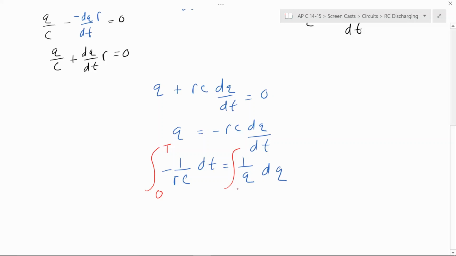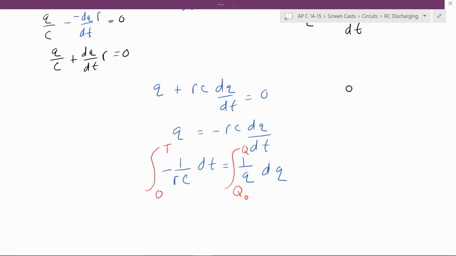And the charge is going to go not from 0. Remember, the capacitor is already charged. Let's call that initial charge Q naught. And then it's going to have some final charge, Q. Now, that Q isn't a constant. That Q is just like Q of T. Like, what's the charge at the time? So